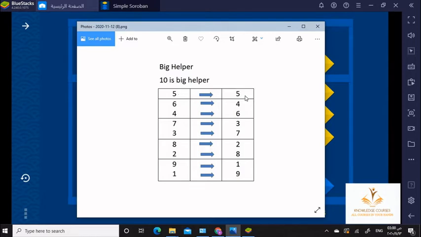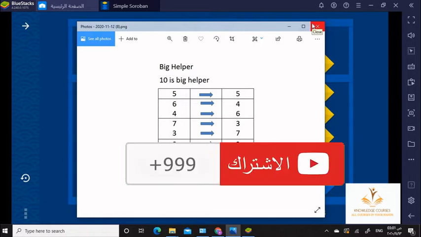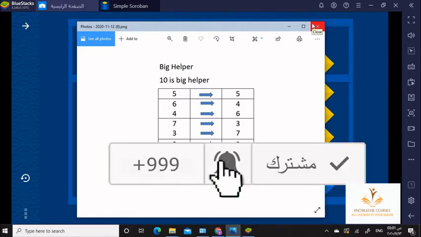Big helper of 5 is 5، big helper of 6 is 4، big helper of 4 is 6، big helper of 7 is 3، big helper of 3 is 7, big helper of 8 is 2, big helper of 2 is 8, big helper of 9 is 1, big helper of 1 is 9. يبقى معنى كده إيه؟ إن big helper is the components of the number to 10. أنا بكمل للرقم 10. طيب نشوف نفس الكويشن أو نفس الإكزامبل اللي إحنا قلناه دلوقتي إزاي إني أطبق عليه